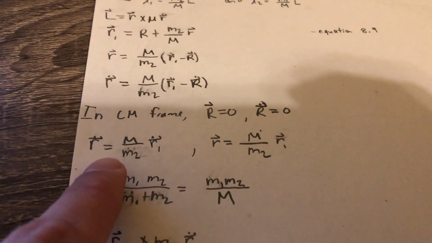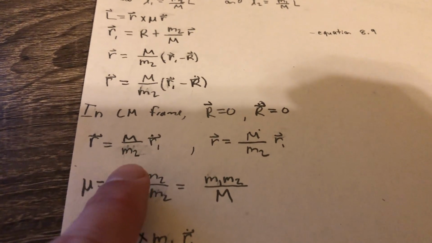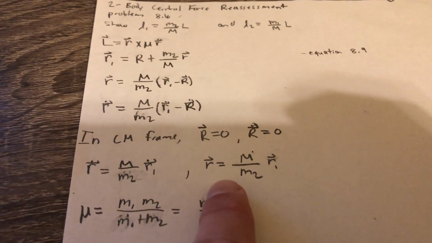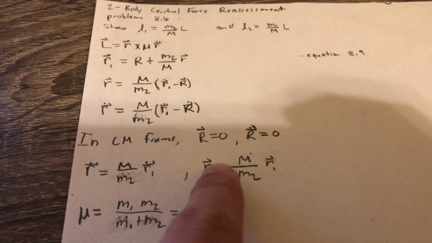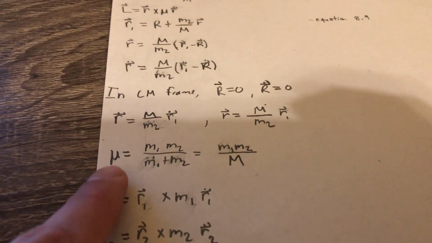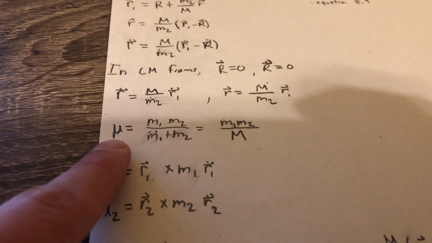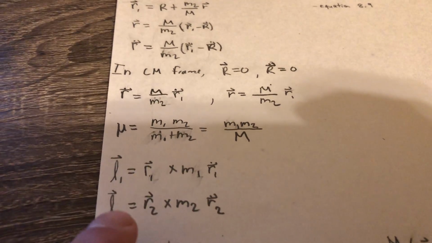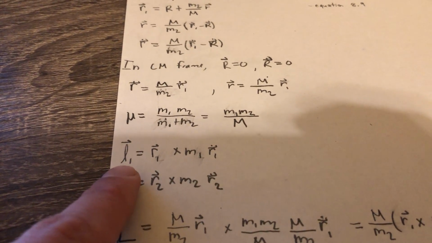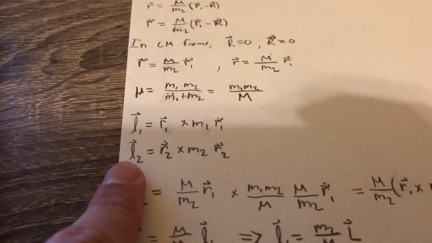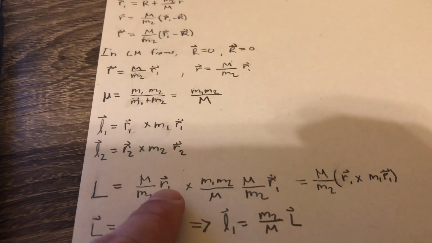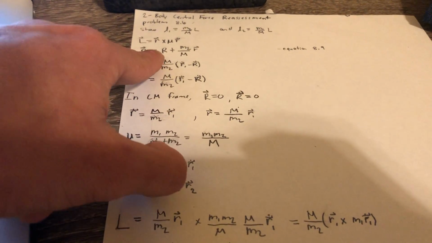So then the equations become r dot equals big M over m2 r1 dot, and then the same thing happens for just a regular r. And then the reduced mass is this. We can use the reduced mass in the equation, so we know that this is L and L1 and this is L2. So whenever we plug back in for the angular momentum up here, when we plug r back in and r dot back in for the first particle,